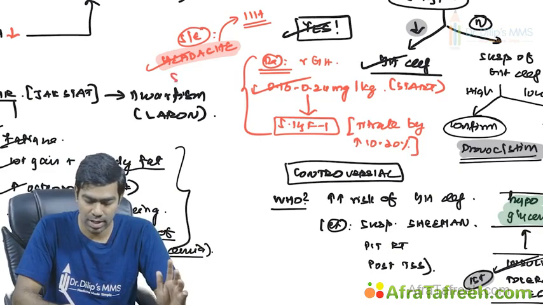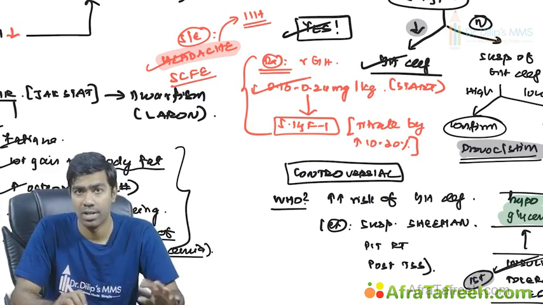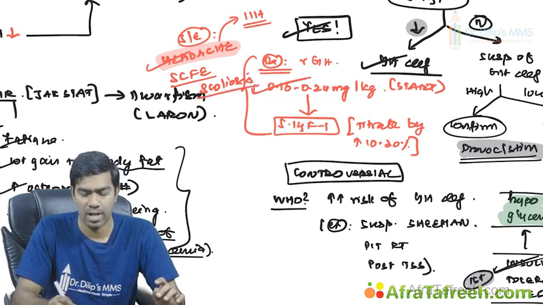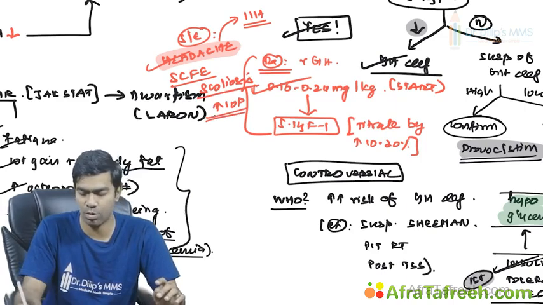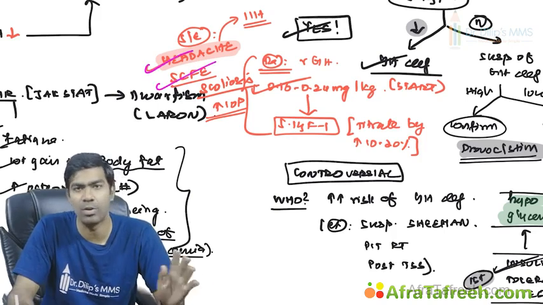And second, they can result in slipped capital femoral epiphysis. Again, a very important side effect as far as children are concerned, slipped capital femoral epiphysis. And third, they can develop scoliosis. Clear? And they can also develop raised intraocular pressures and glaucoma. So all these things are possible, but very important in the exam, they'll ask you these two things: idiopathic intracranial hypertension,